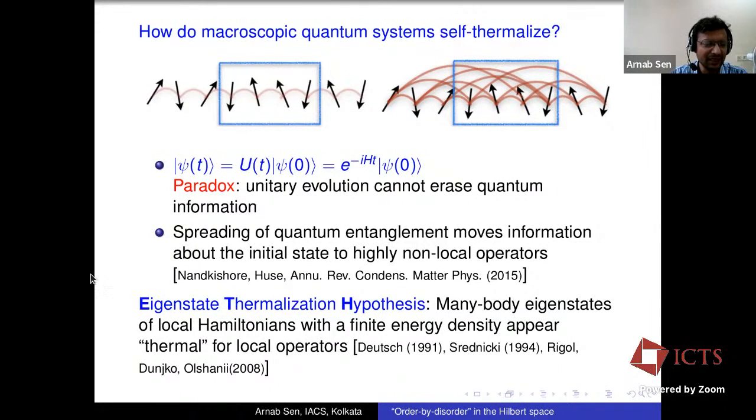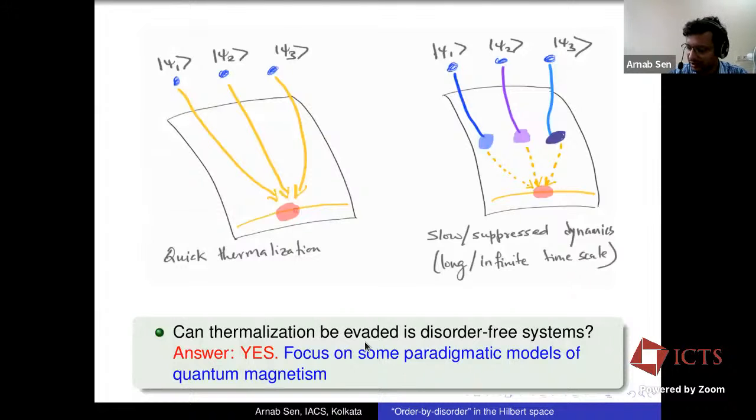A key technical result here is the eigenstate thermalization hypothesis, which is a super universal result, which basically states that many body eigenstates of local Hamiltonians with a finite energy density appear thermal if one looks at local operators. And the temperature is basically set by this finite energy density. So now the question that we raise here is about this almost super universal sounding paradigm of